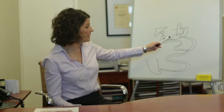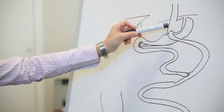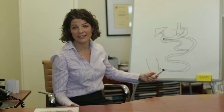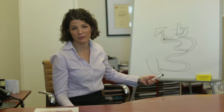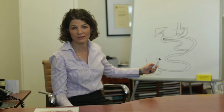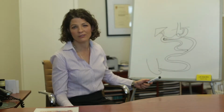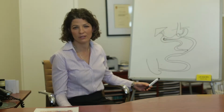And the reason for this, as opposed to the sleeve gastrectomy, is that if we do get any leaks from this top part of the stomach and the top joint, they can actually be managed quite easily and safely in hospital without spending a long period in hospital as would a leak for a sleeve gastrectomy. So if you get a leak after a gastric bypass, if it's related to this top part of the operation, you're less likely to need a long time in hospital than you would if you had a leak from